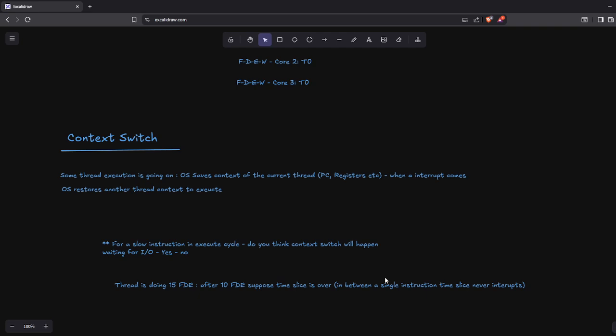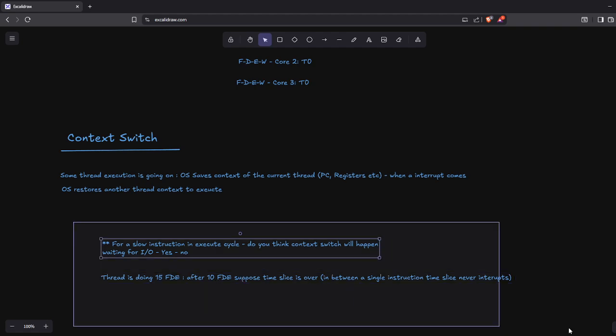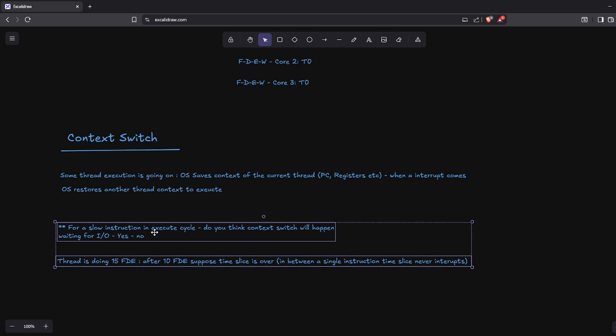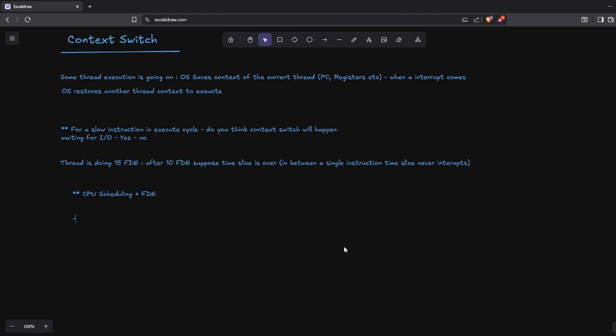So I hope you understand what preempting means. I do not want the current thread to execute. Rather, I want my own thread to execute because the time slice is over. So that is the concept of, again, the CPU scheduling. All these things, CPU scheduling, fetch, decode, execute, you can probably understand that everything comes in a full cycle over here. And now probably you also understand, in your practical life,